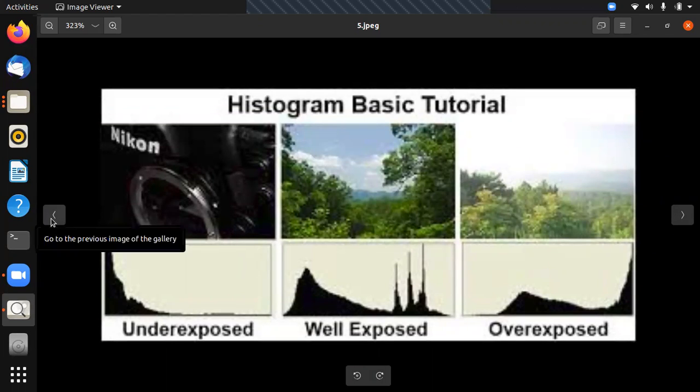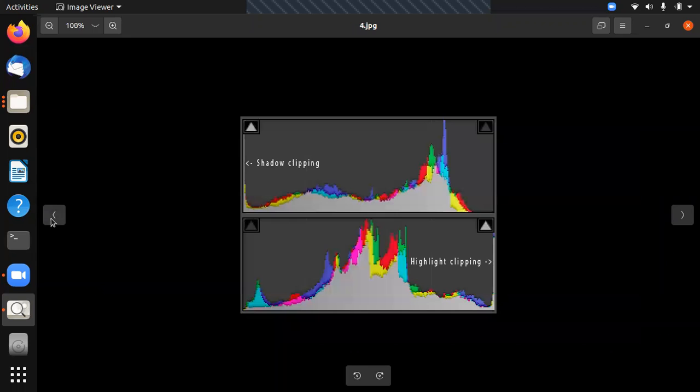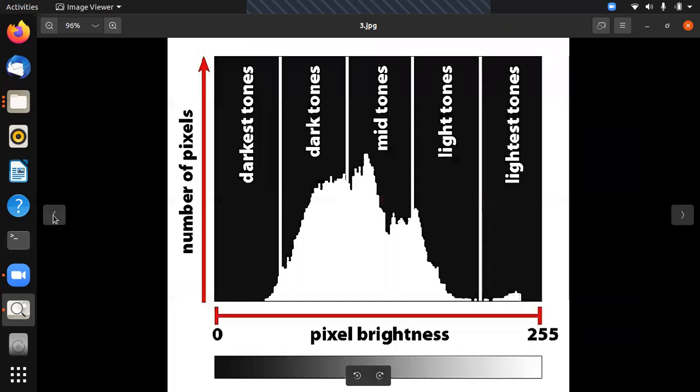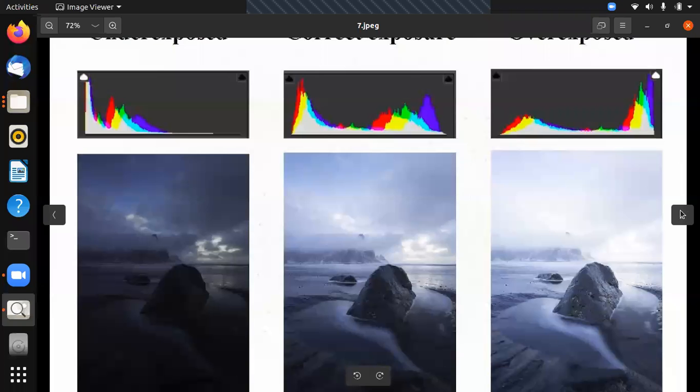The only objective of the histogram is to differentiate between a properly exposed photo, an underexposed photo, or an overexposed photo with the help of brightness level, right? This is also one more example. Three photos are there.